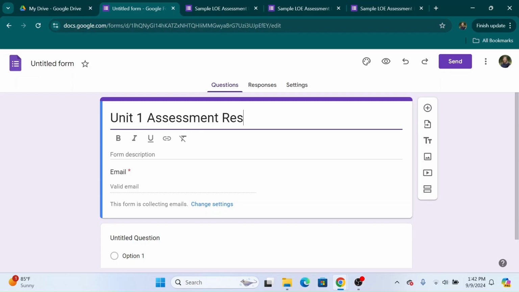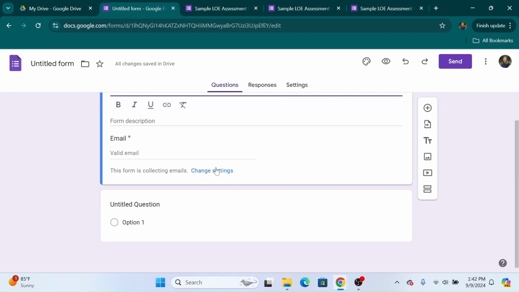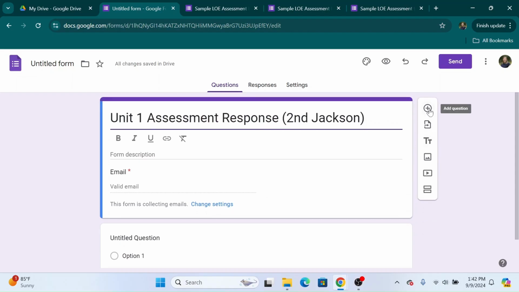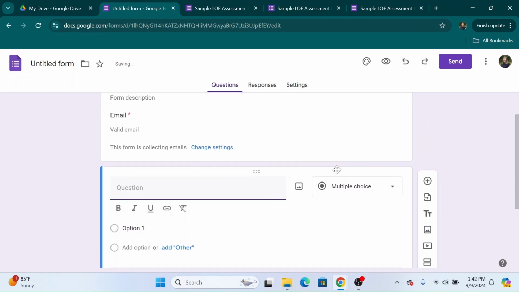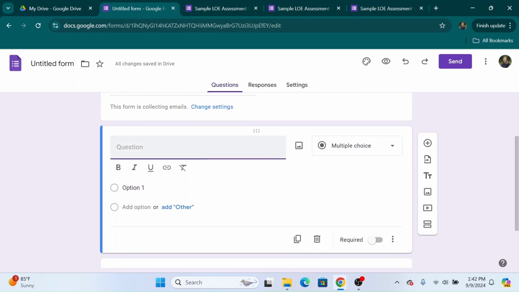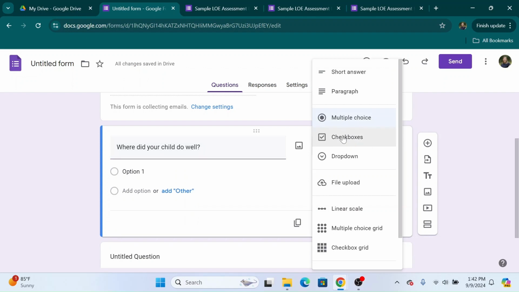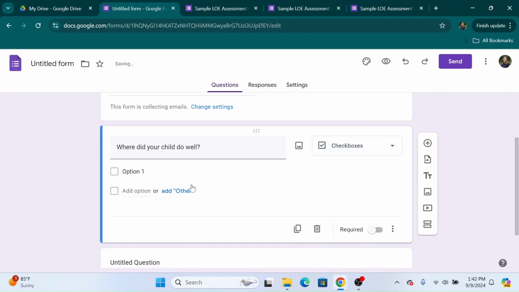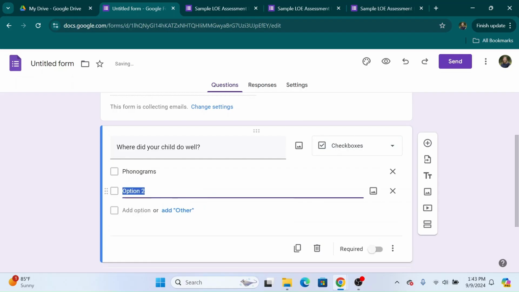Whatever you want to call it. I would maybe put your grade level and last name on there. And then if you want to add different questions, you can choose what type of response you want. If you want check boxes or paragraph form, I did check boxes, so this is how I added in phonograms,